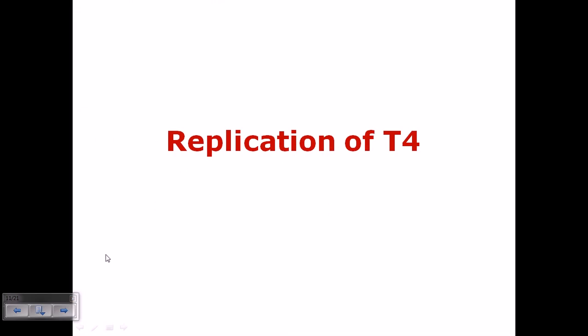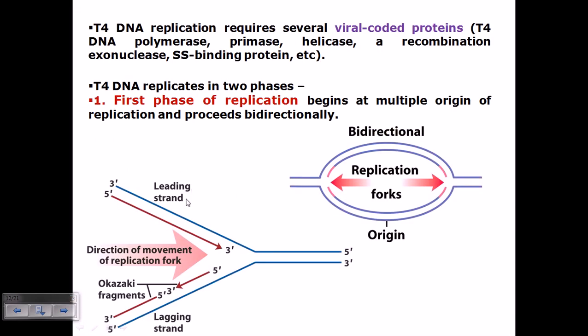Now, let us talk about the replication of T4. Once they have hijacked the machinery of the host cell, they start to make early proteins and late, or middle, proteins. In this condition, they need to duplicate their genome. Otherwise, they won't package anything, right? Because for the packaging, they require the genome as well as the structural parts. They may produce structural parts from the previously produced mRNA transcripts, but for the packaging of the DNA,